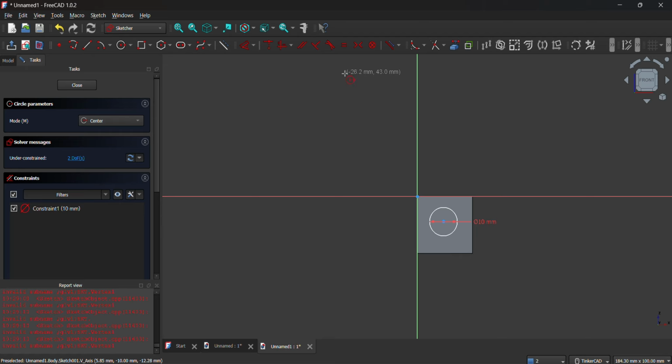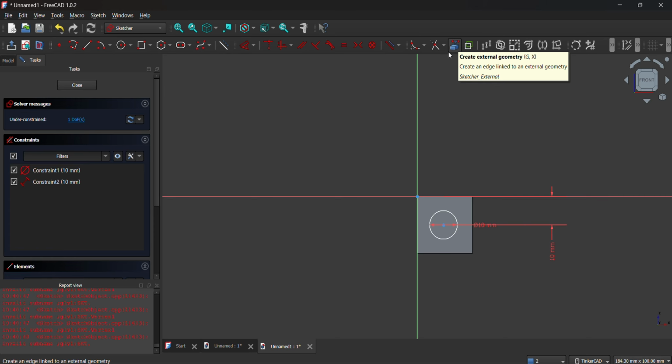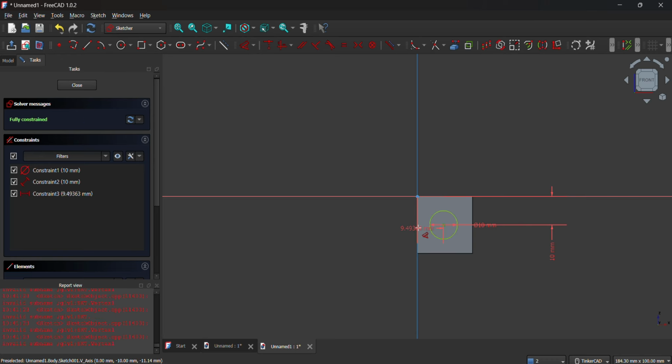It's not green, it's under constrained. So make sure it is at the center. So click here and make sure it's 10 millimeter to make sure it is at the center from this area. Please note that sometimes this one is not clickable because since it is already 3D, sometimes the software is confused about which point you are really pointing to. So you can click this one, create external geometry and click here to create a clickable edge. Now let's have this and this one 10. Now notice that it's already green or fully constrained.